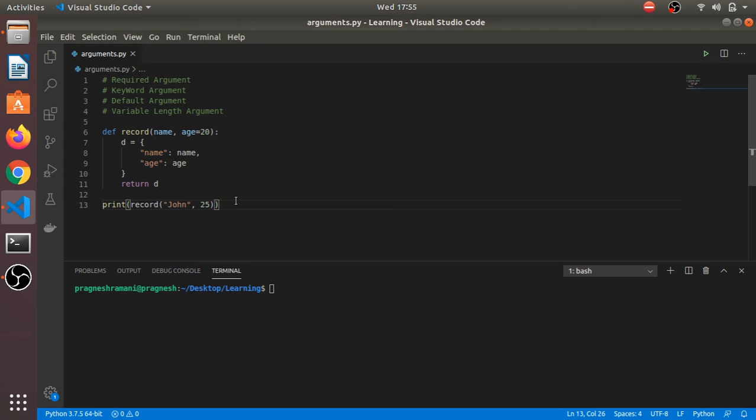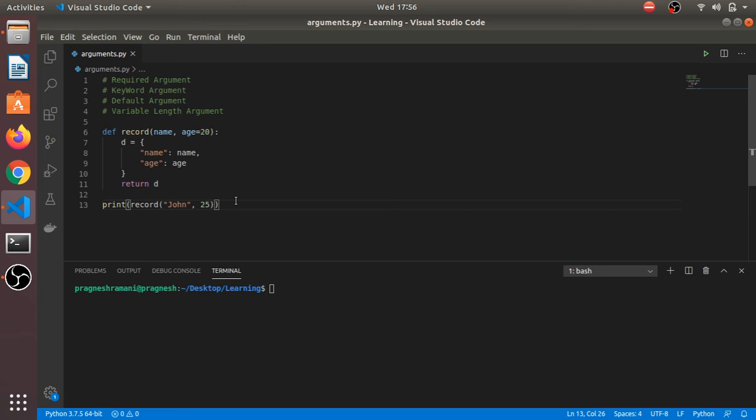After that there is the variable length argument. When can we use the variable length argument? Whenever we need to process multiple arguments and we don't know in advance how many arguments we require, we can use the variable length argument.